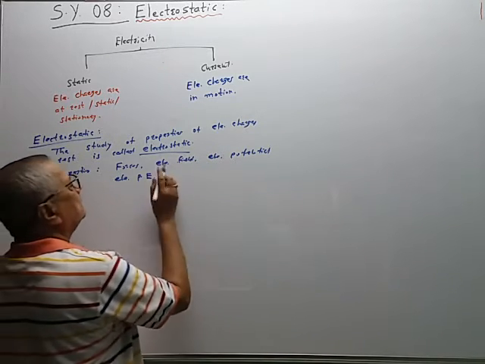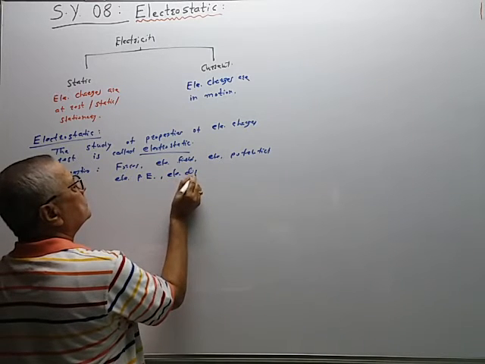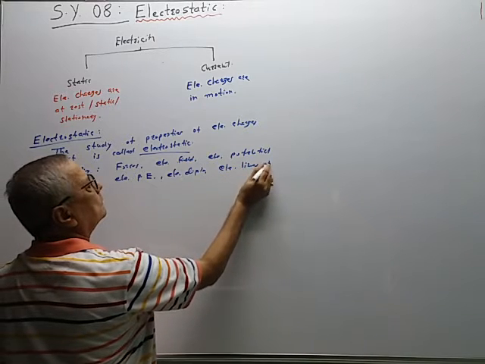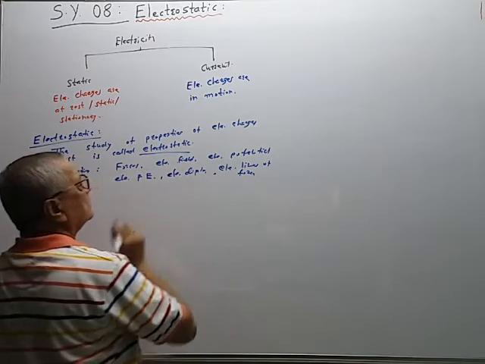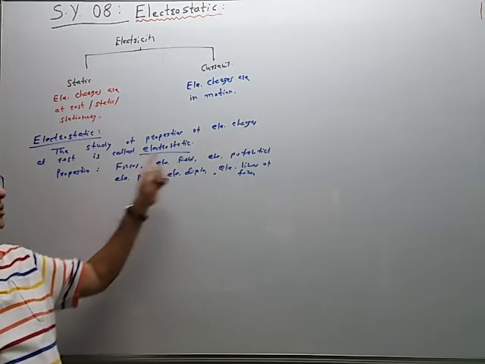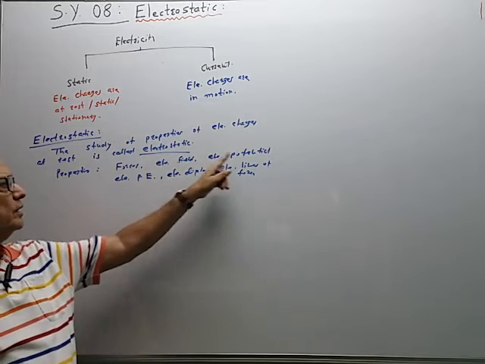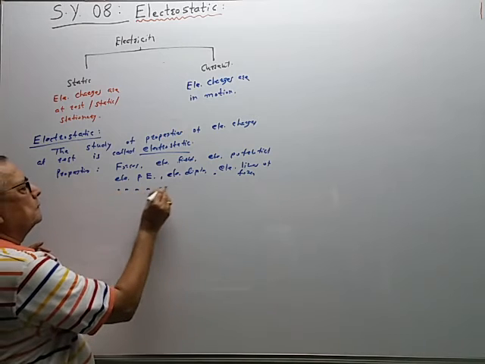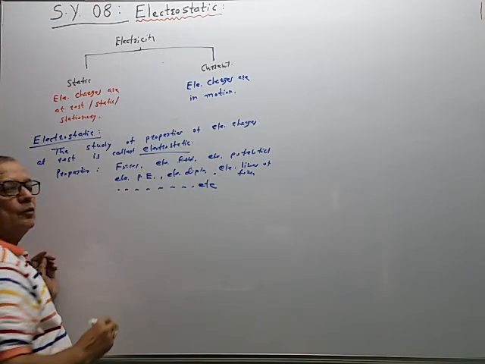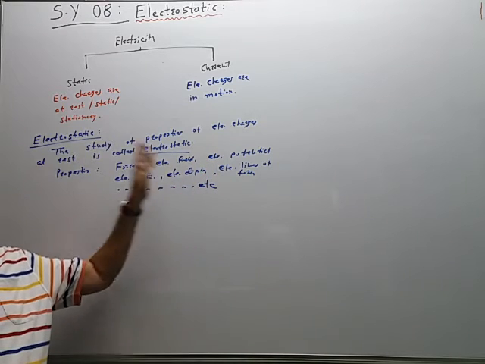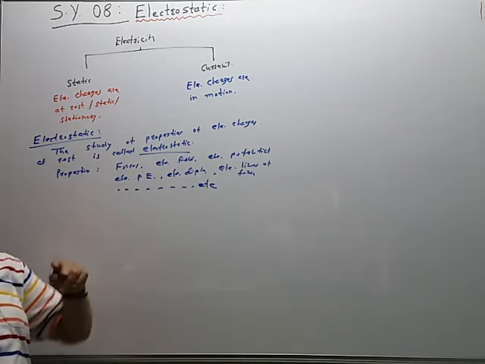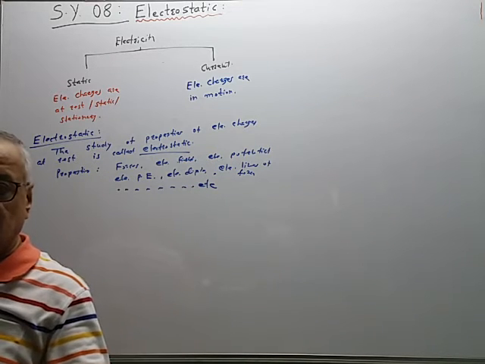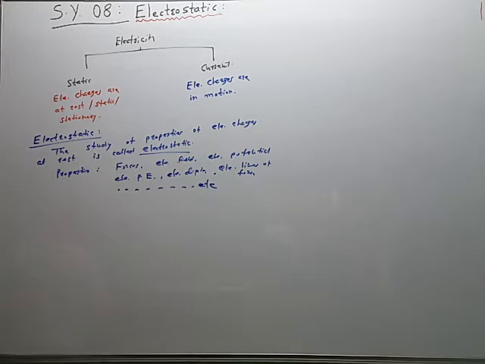Electric dipole, their properties, electric lines of force, etc. So the study of all these properties, electric forces, electric field, electric potential energy, electric dipole, electric lines of force, etc., is called electrostatic. Some properties we have already studied last year, some we will study this year. Potential ही टर्म या वर्षी आपण बघणार आहोत डिटेल मध्ये. So this is about electrostatic.